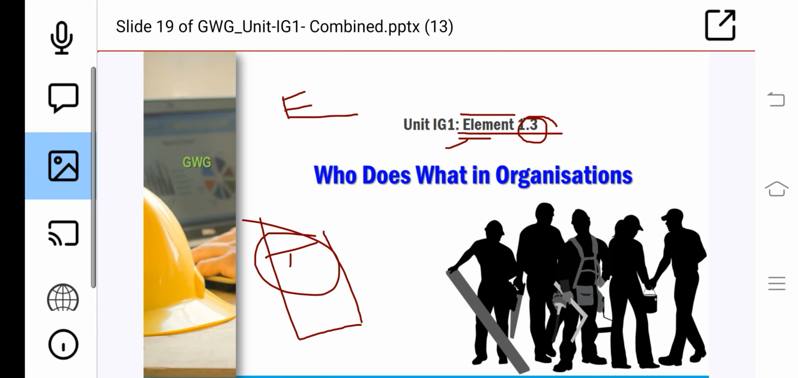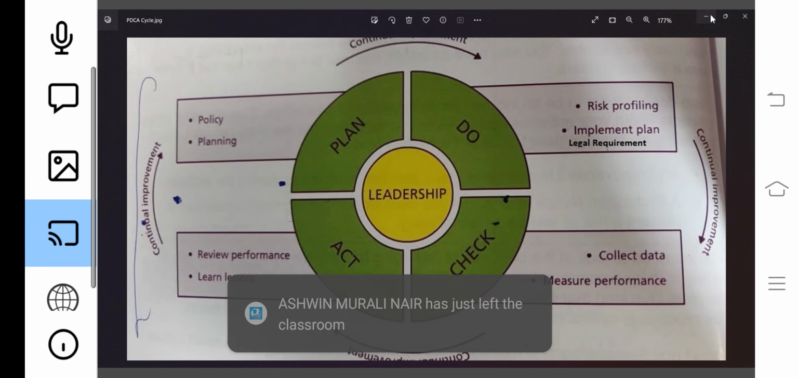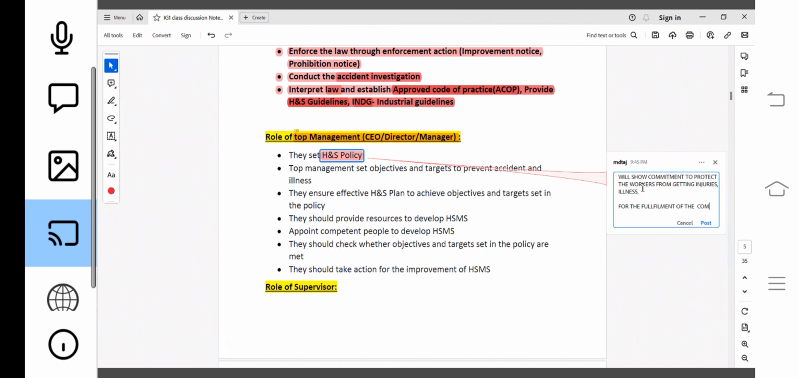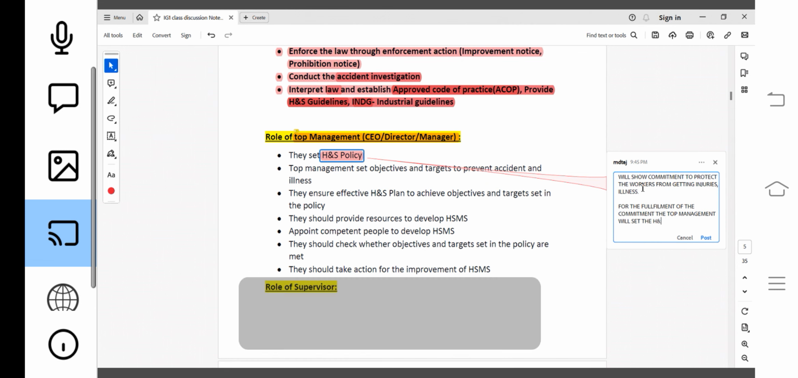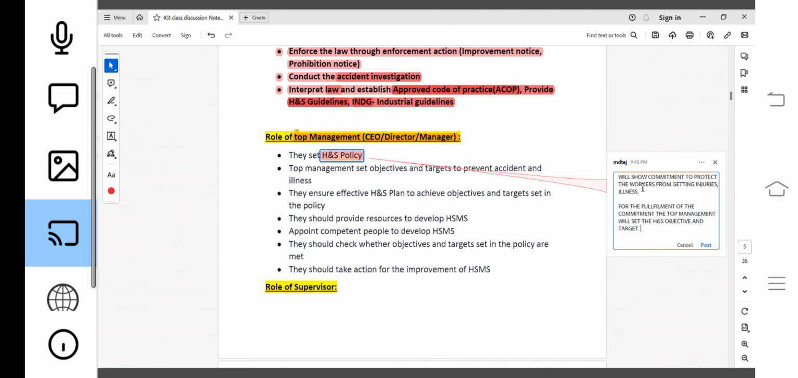Now for the fulfillment of the commitment, the top management will set the health and safety objective and target. Objective and target. Now you see, in the very first paragraph of the health and safety policy of any organization,